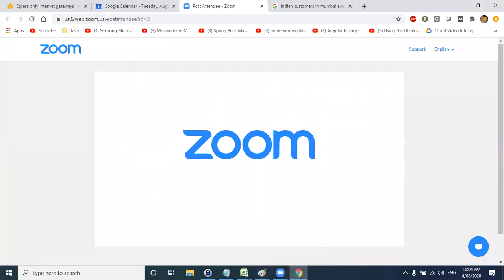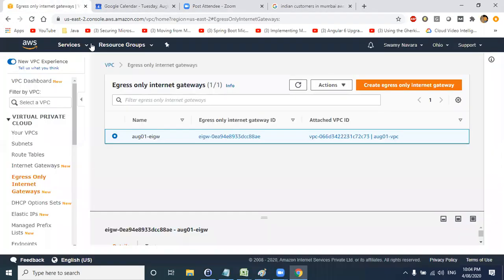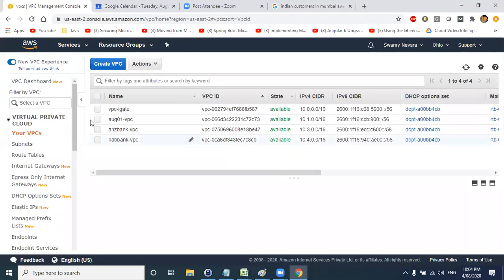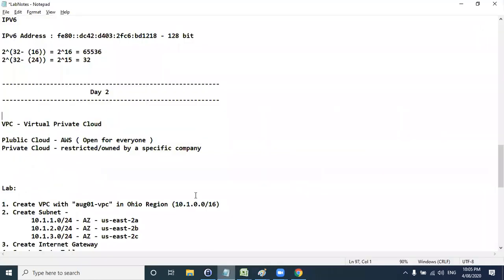So if you go to the lab. Harish, one doubt. Is it mandatory to create a subnet? I think a minimum of 1 subnet we need to create. Yes, at least 1 subnet you need to create under a VPC to launch an EC2 instance, because when you're launching an EC2 instance, you need to select a subnet. After today's session, you will get a brief idea of why we are creating a VPC, why we organize subnets in different availability zones, and how it helps when we are creating the EC2 servers.